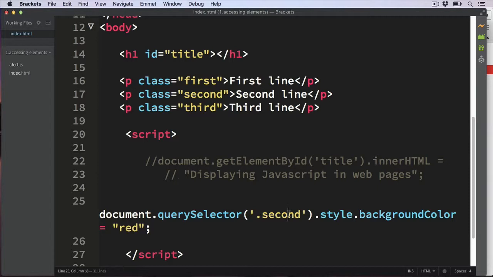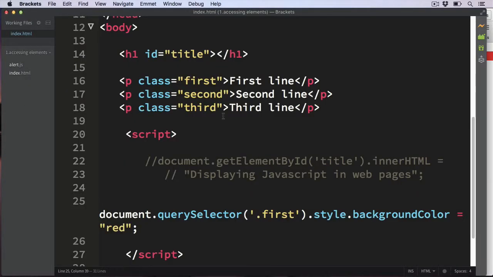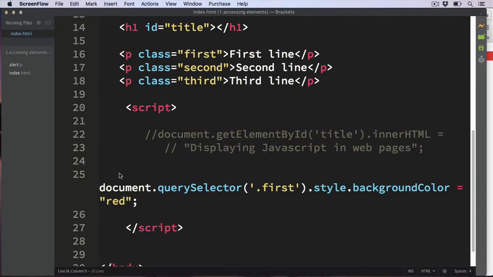If we change this to be first, we could just change it over by its class name, and then that would select the first line. So that can be really handy for selecting elements on a web page. So as well as selecting elements by their CSS selector, we can also select elements by their class name. So let's just delete this example,